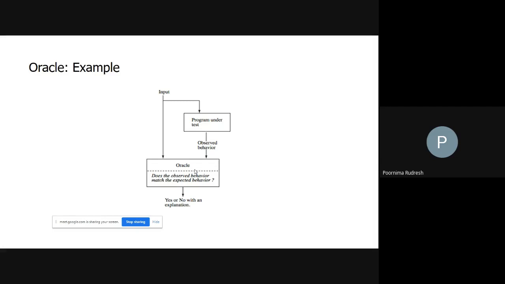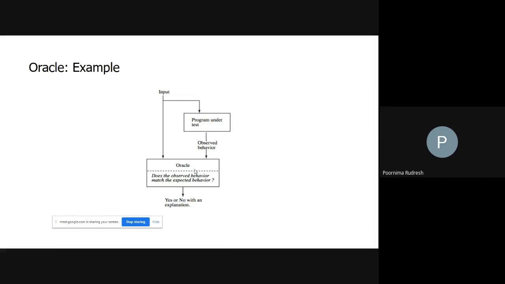If a tester is acting as a human Oracle, what problems arise? When the human is acting as an Oracle, we have several disadvantages. The first disadvantage is that it may lead to errors, because the human Oracle may make an error in analyzing the outputs.